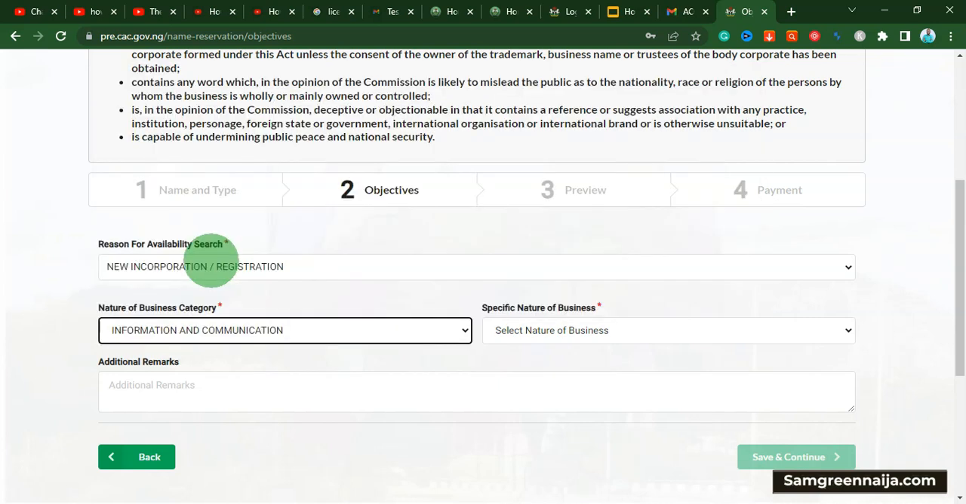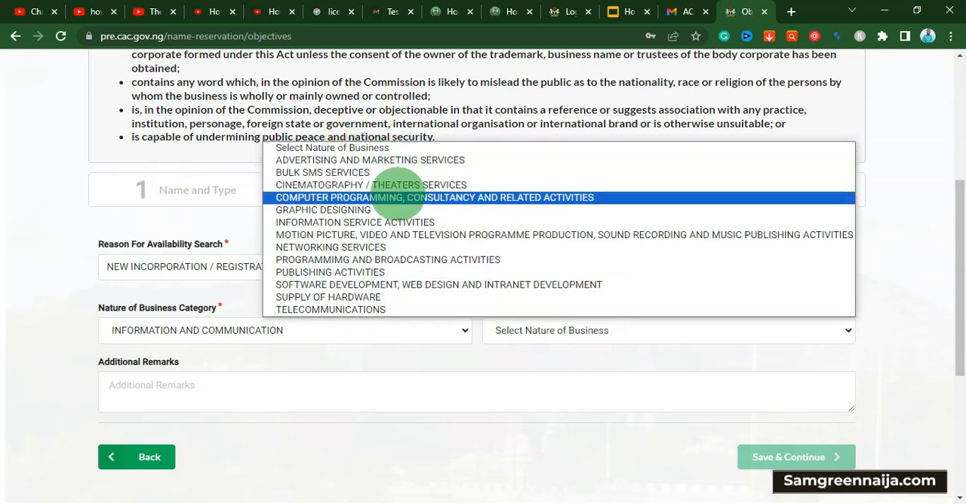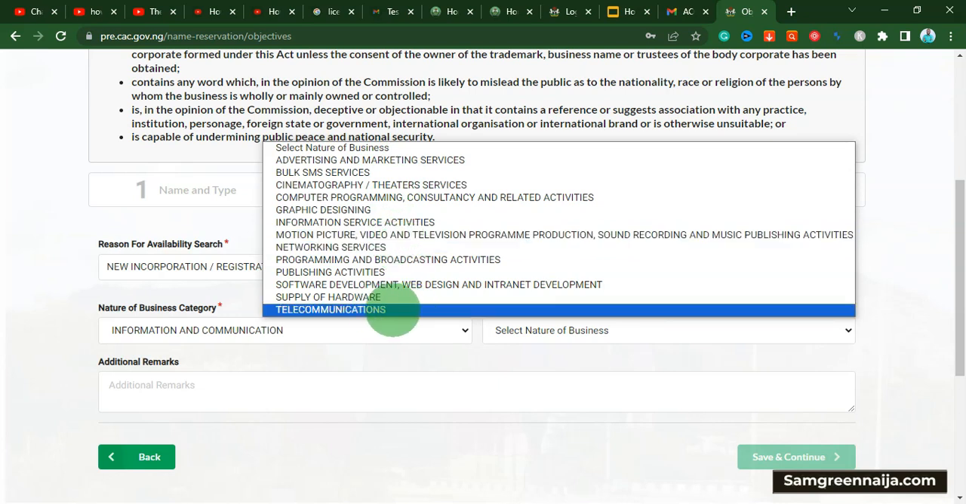and communication. In your own case, maybe you are using it for construction, you are using it for different things. So it's not a must that you choose this. You can choose other things as well. So for the nature of the business, is it advertisements, is it bulk SMS? I have a lot of them here. So I'm just going to choose